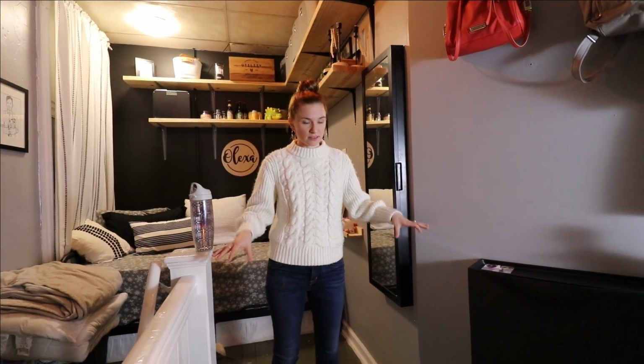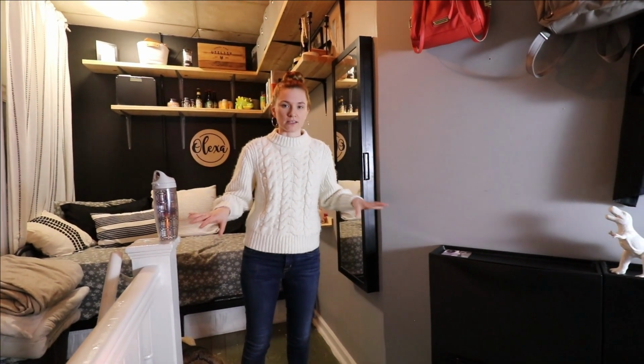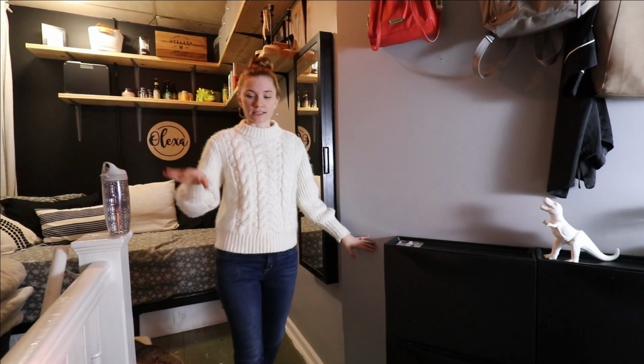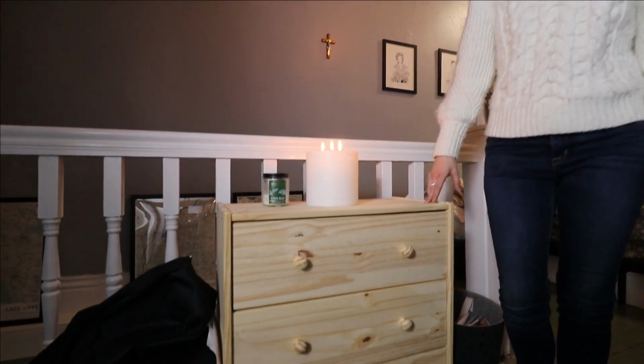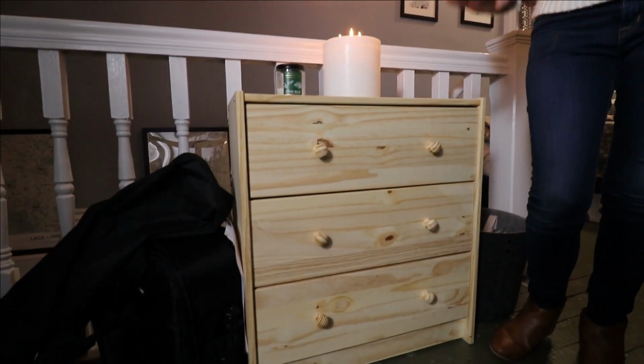So another thing that we really wanted to make sure was utilized was this little nook. This is clearly one of the most awkward spaces in our home. I had this old dresser that was way too big for the room, so we decided instead to get this tiny little guy, which has worked out. It's just an IKEA dresser, super simple, wooden frame, and it houses all of my things that I